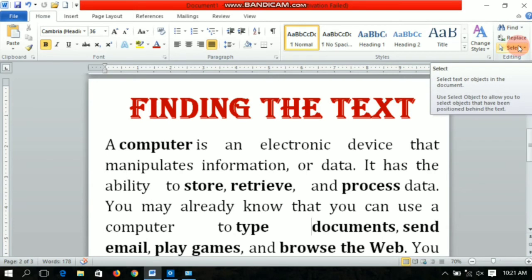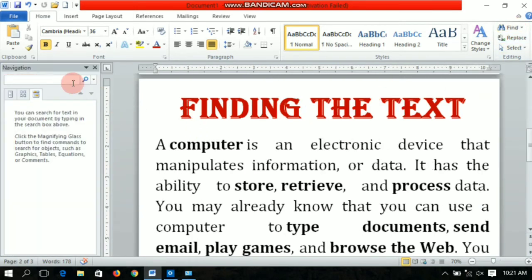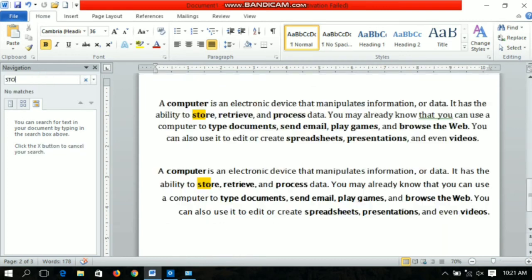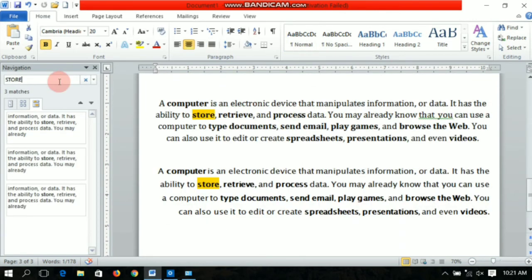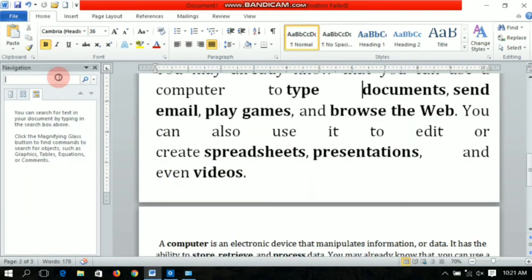Click on find, and here a search box appears. You can write any word. I am writing store. See here, the matches for the word in the document are given and they are selected, highlighted. I can select any other one also.